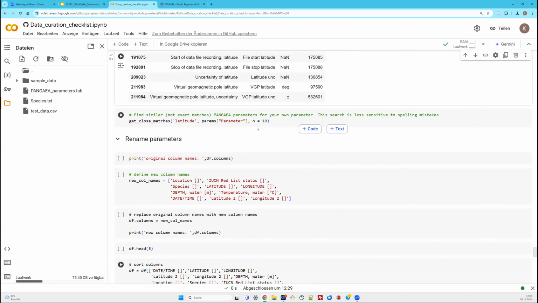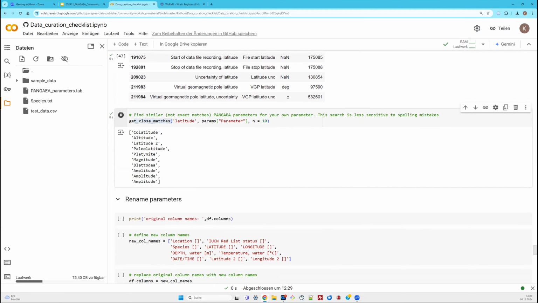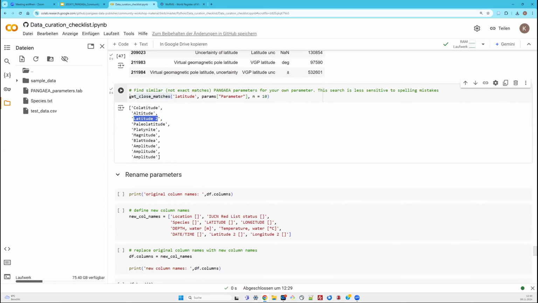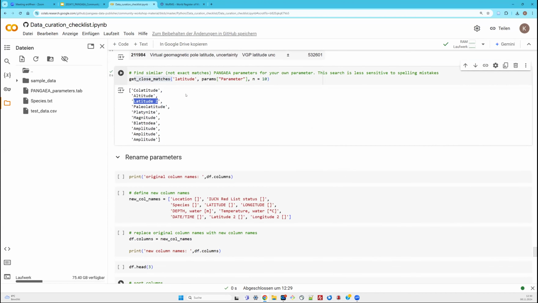If you have latitude, or sometimes if you have a spelling mistake, then you don't immediately find what you're looking for, then you can look at close matches. And then it's also telling you which parameters exist which are similar. So maybe the latitude is in there too. So for example, it's telling you latitude 2 could be an option. So it's your job, please, to provide us with proper